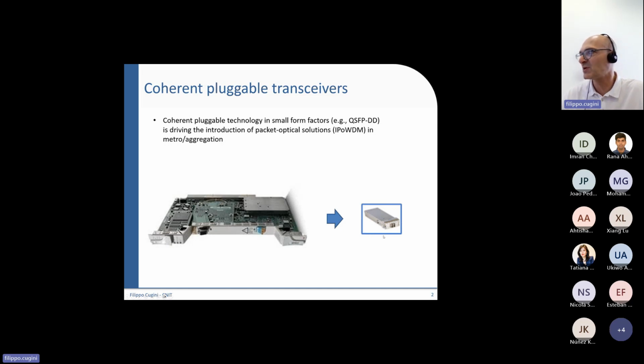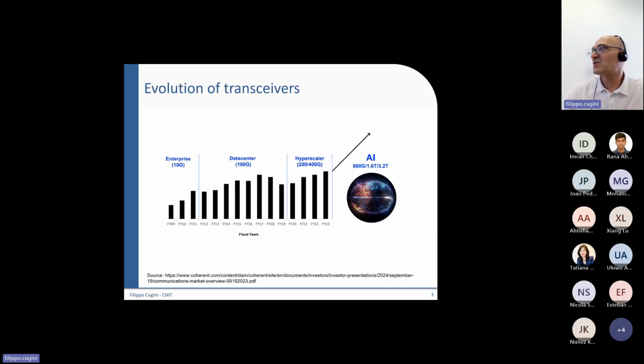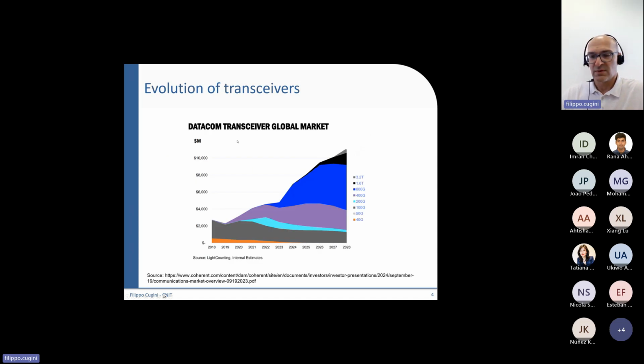But in metro networks, where distances are in the order of a few hundred kilometers, these devices work very well.